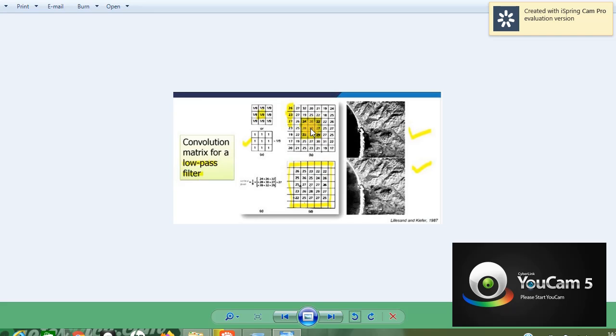The center value is 30. Whenever the convolution matrix is applied, the values will be summed, and whatever value we get will be divided by 9. After dividing, the value we get is 27. So 27 will be placed at 30, meaning 27 will be replacing 30. Okay, after performing the spatial filtering,